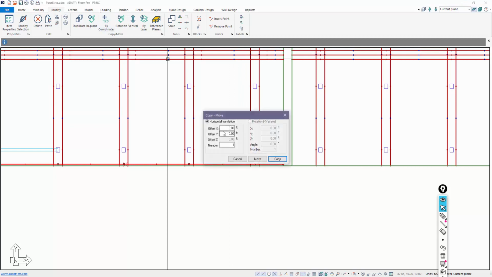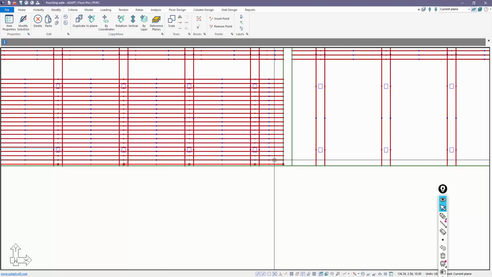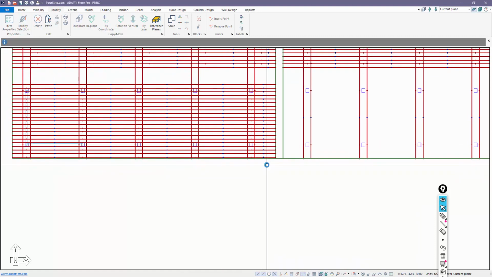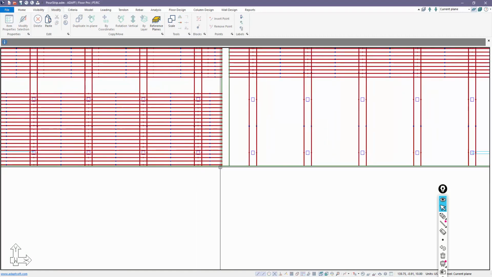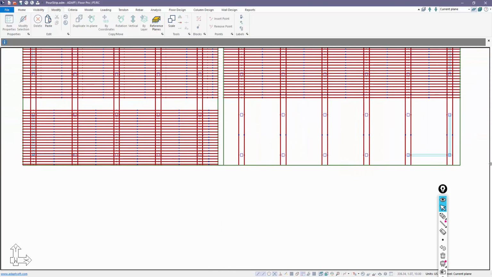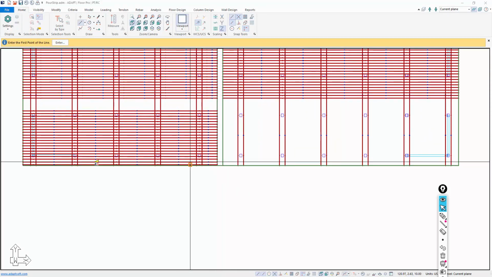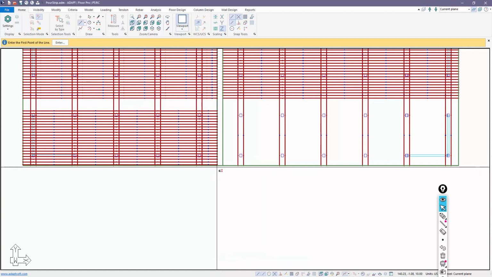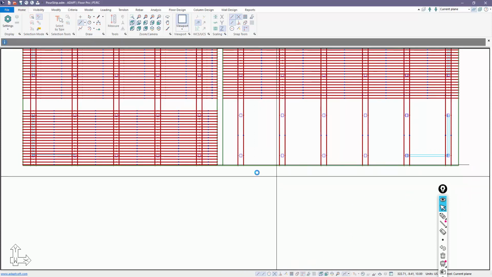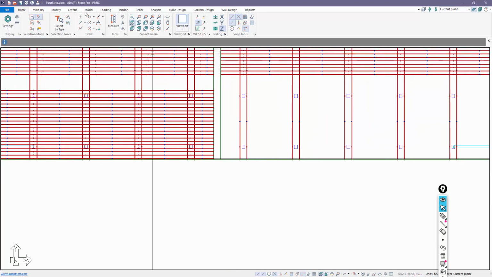Again, we'll use the Y direction 1.87. I'll copy this, let's say 20 times. Okay, and then if I was to actually create a tendon here and have it be in alignment wherever we want to place that, I'm going to select this endpoint, for example. I want to create the tendon on top of that line,